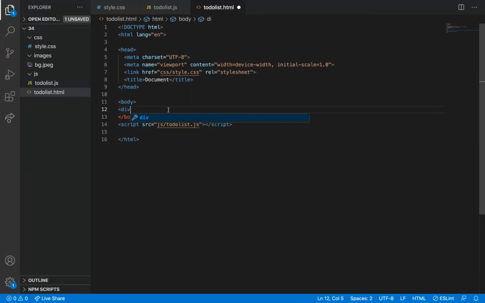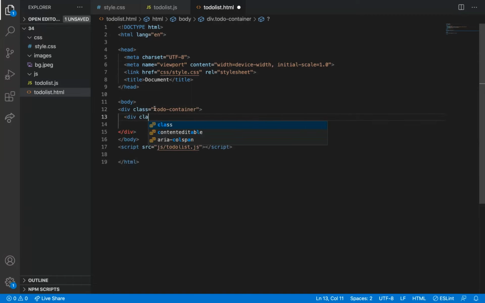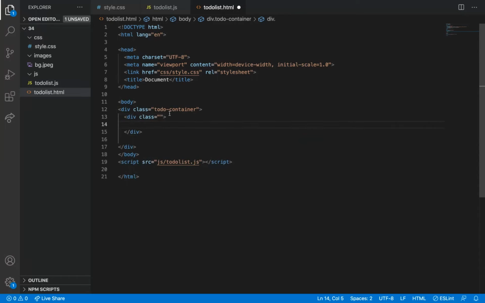What we are going to do is add a to-do list container, a to-do container. Inside of it, actually I have seen a small design. I could not find it, but okay, we can make it on our own.